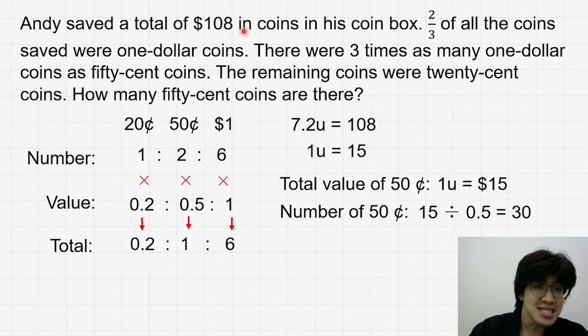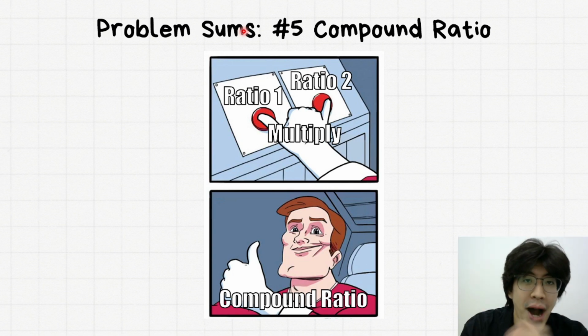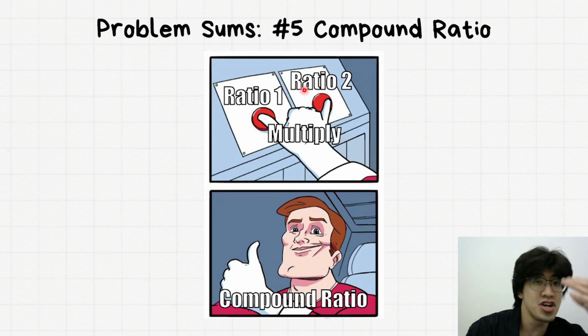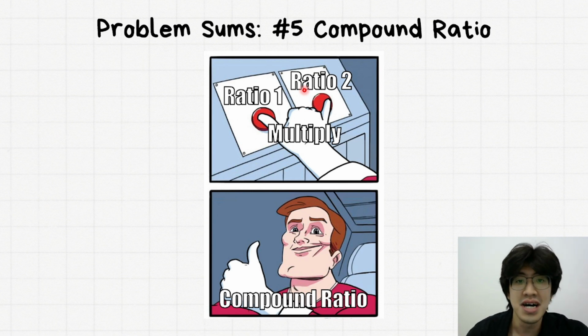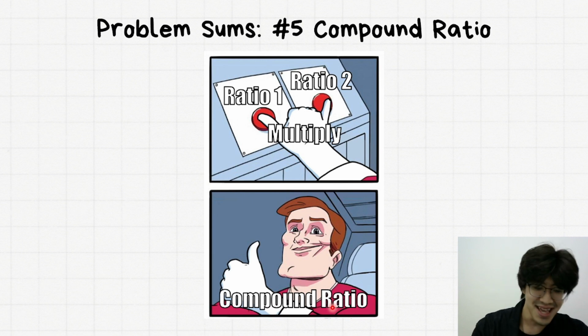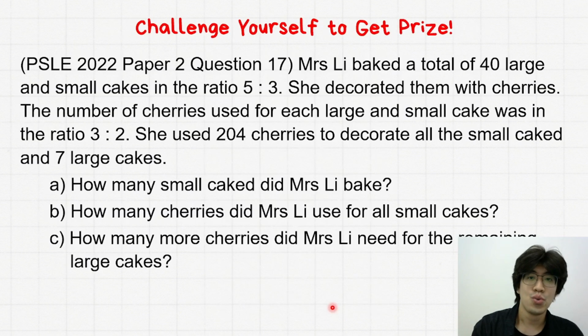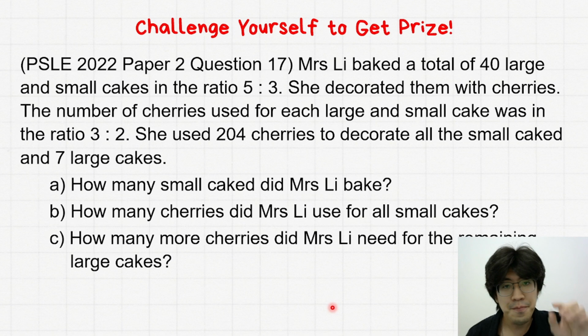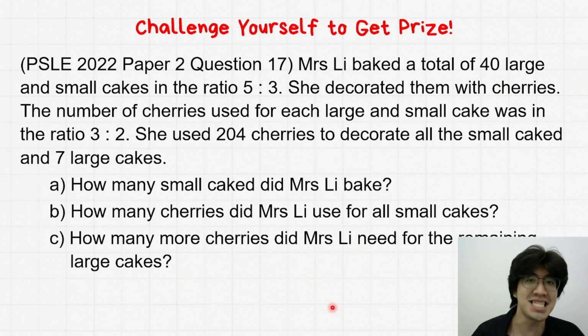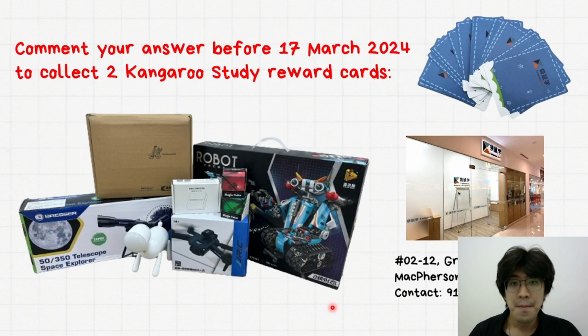So this is what we learned today. Compound ratio. If you have ratio 1, you have ratio 2. In order to get a compound ratio describing the total, I simply multiply them, and then I get the compound ratio. Okay? So challenge yourself with the following questions and put your solutions in the comment section below before 17th